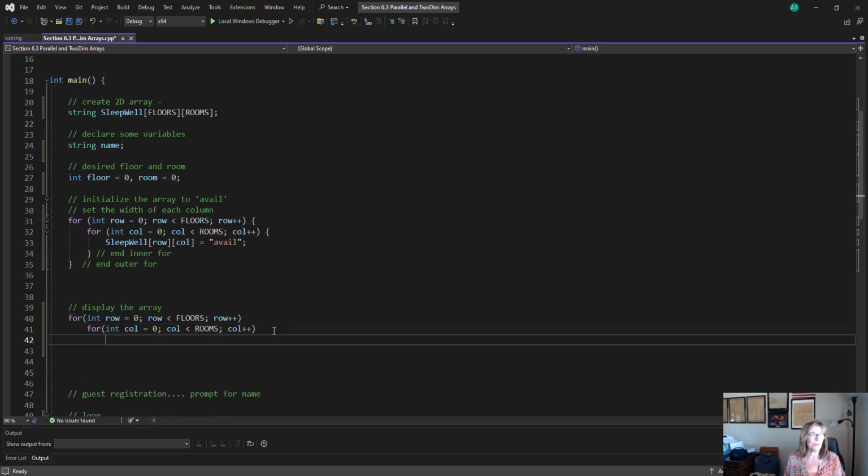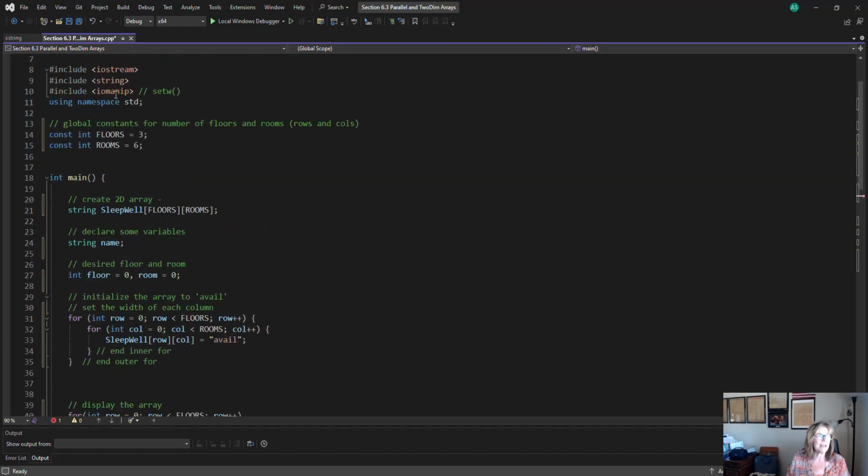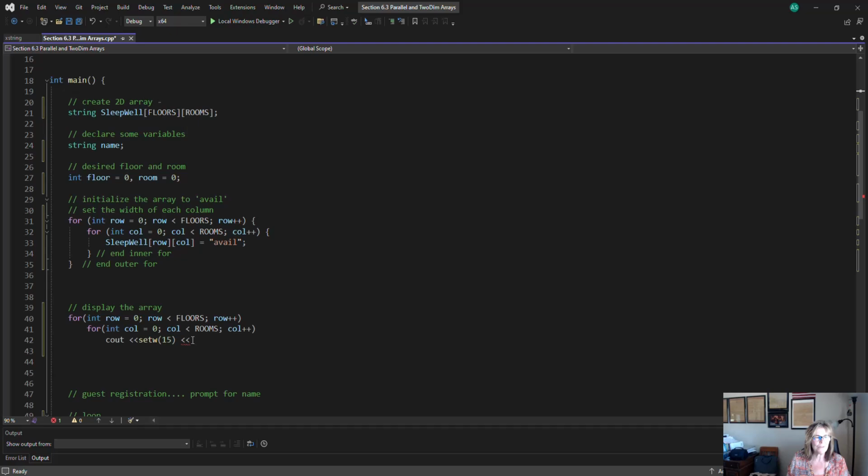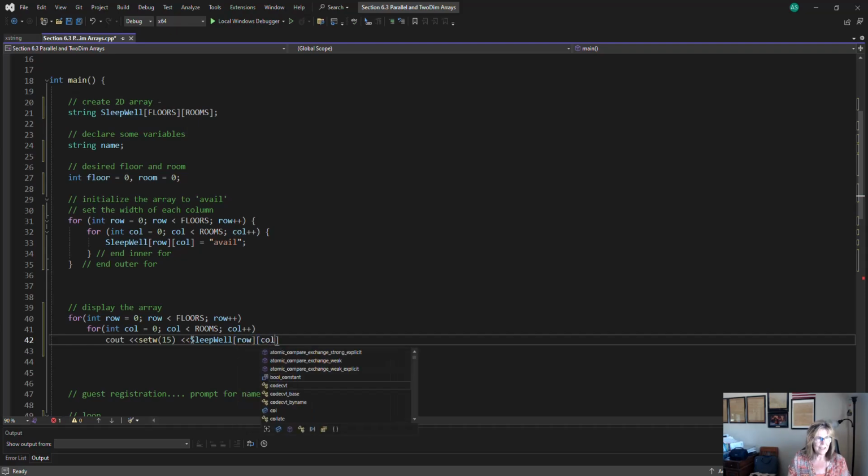And so my inner for loop, all I want to do is see out each one of the elements. We are going to actually set the width of each one of the fields to, how about if we set it to 15? And that's why that set width is the reason why I included IO manipulation, because we're kind of formatting this a little bit. And then we will do our output with row, and then column, and then so this is our outer loop